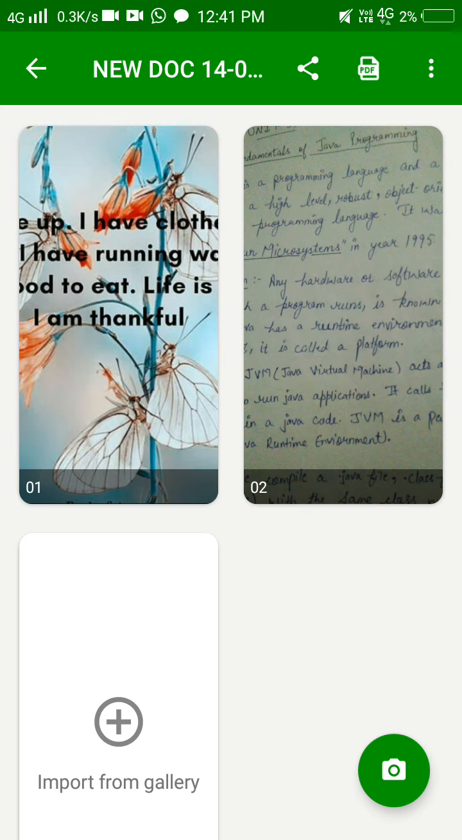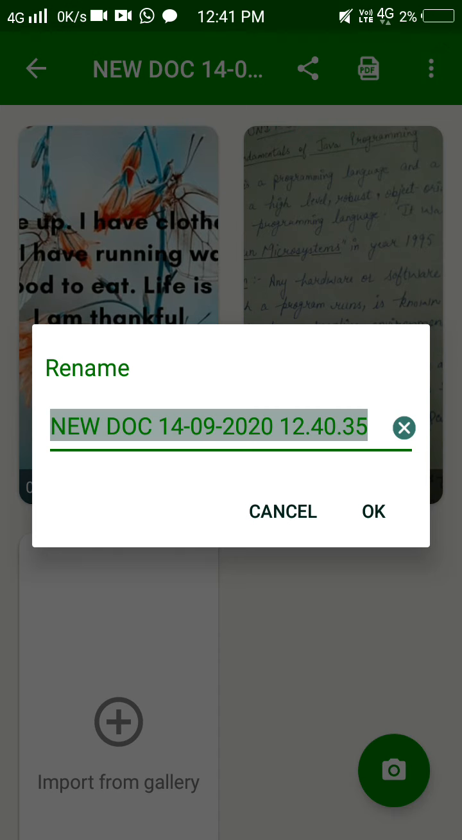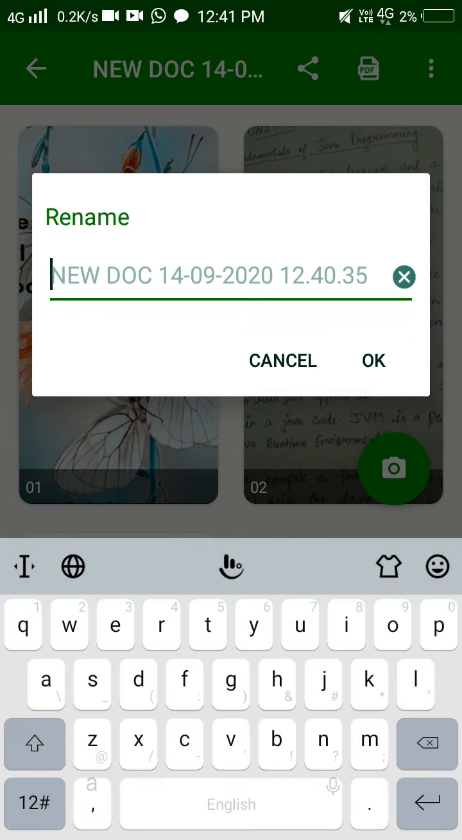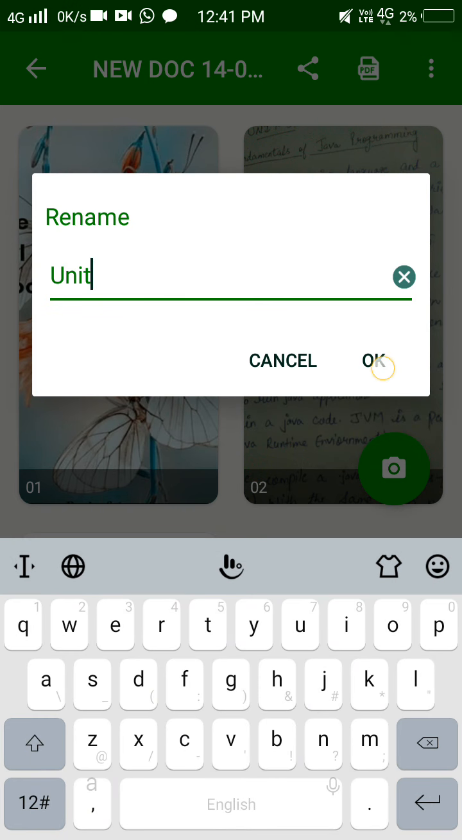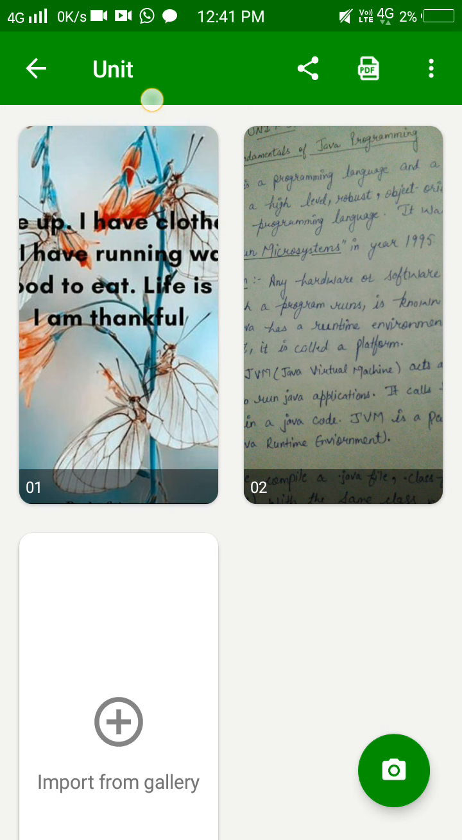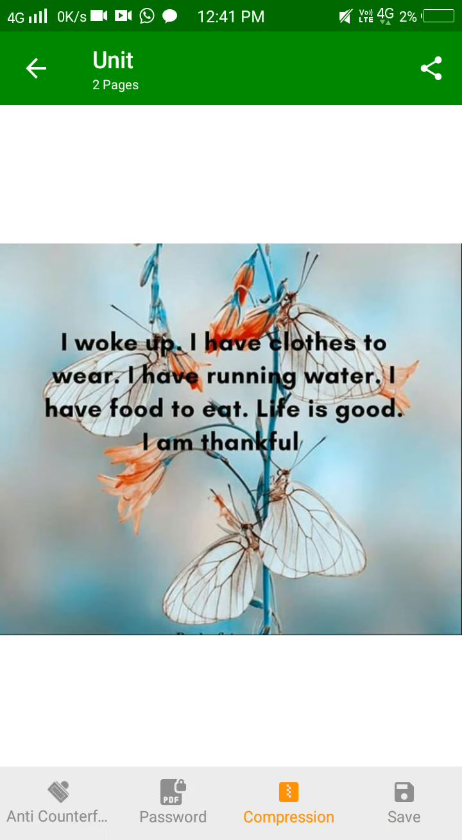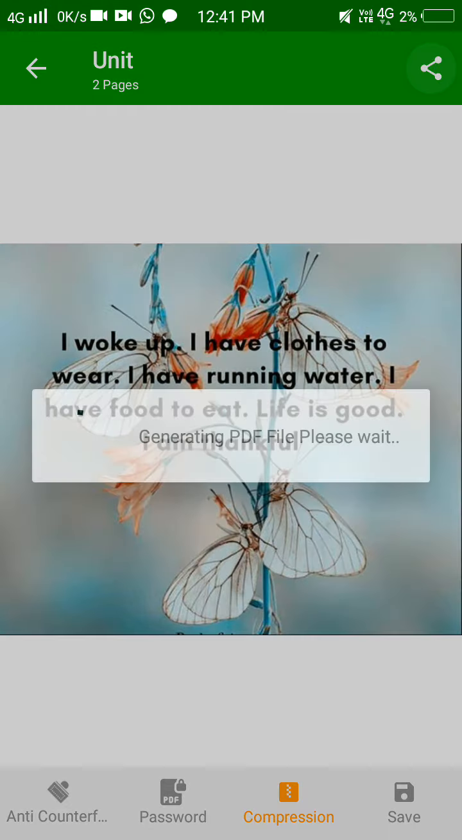You can rename your document. You can give a name to your document according to your requirement, and then click OK. So see, the name has been changed here. Now click on this PDF, click on this icon,